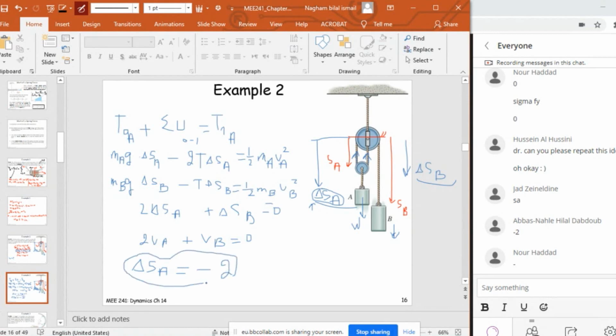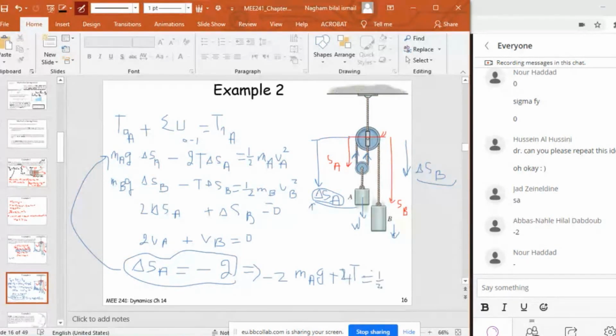So now, guys, if you replace delta SA in the first equation, what you're going to have is -2 MAG, which means that now the work is negative because, in fact, it should be. Since I know that it's going upward and the weight is downward, then the work of the weight will be negative. And if you replace delta SA here by -2, the work of the tension will be positive, and this is what I should have. So times 2, so it's 40. And this will be equal to